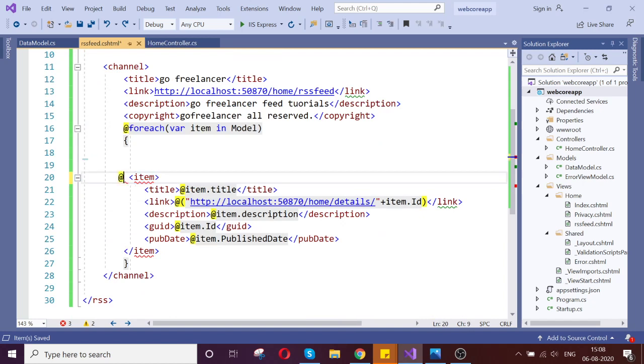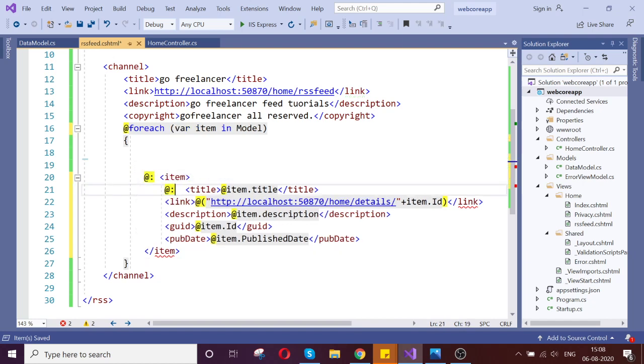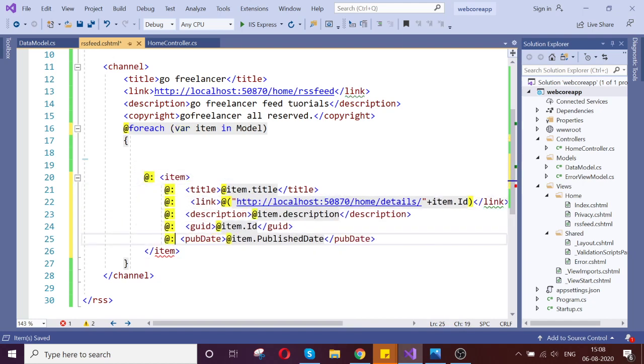So what we need to do is add the symbol in the loop.